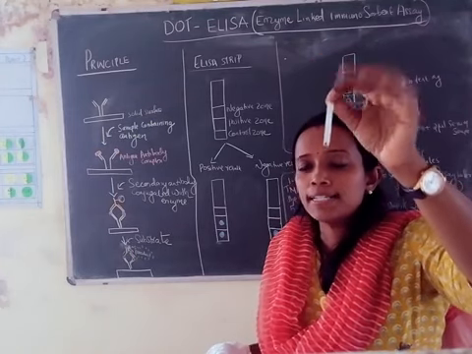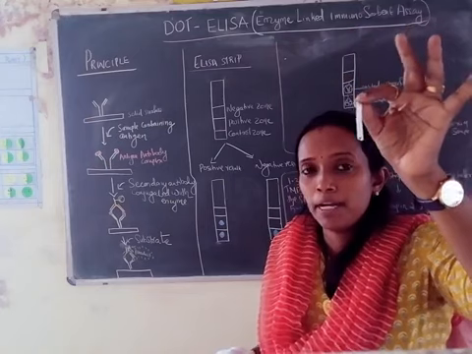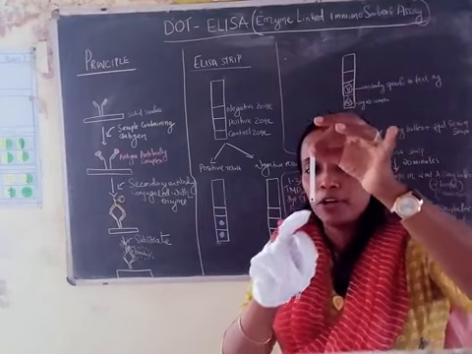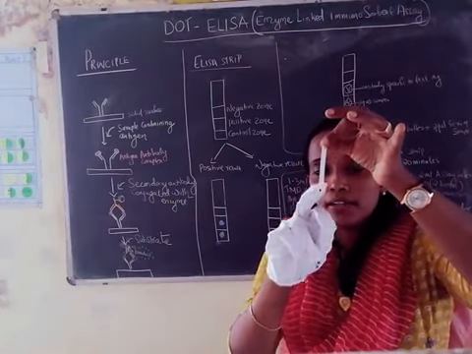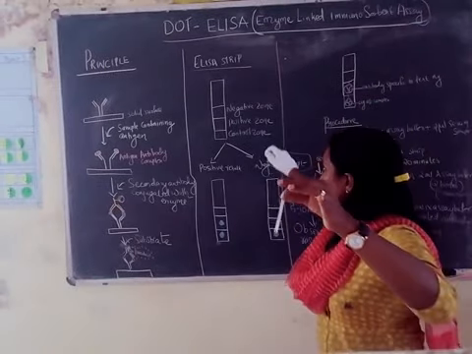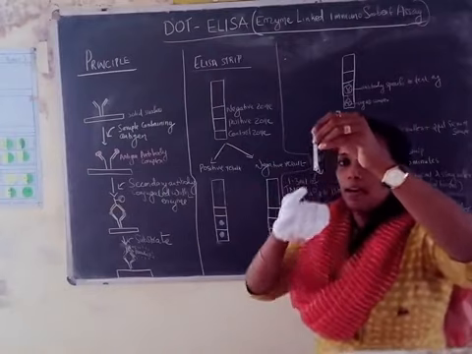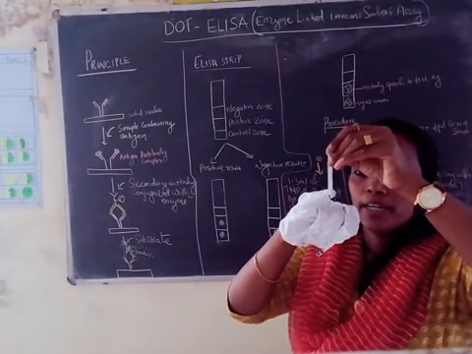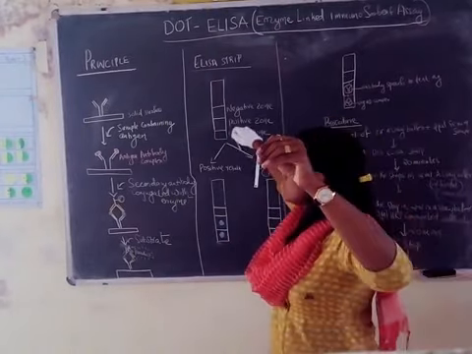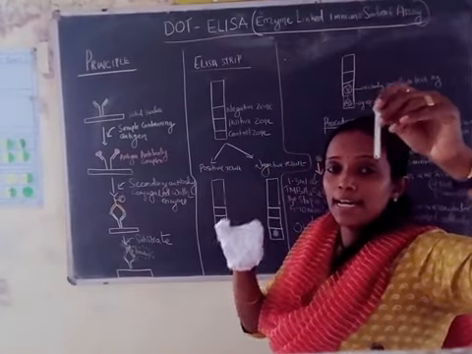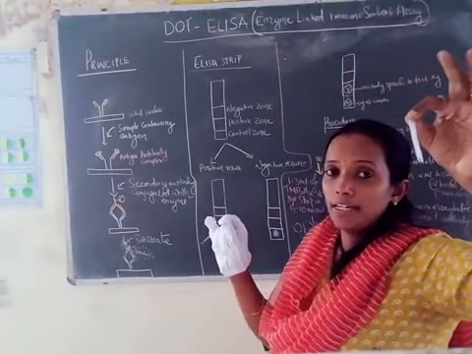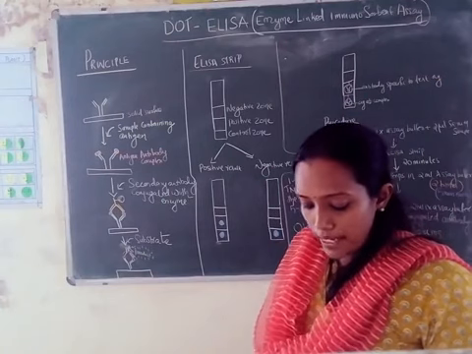1 spot indicates that you have done the experiment properly, all the steps are followed properly, because you are getting a spot in the last region. What is that last region? Last region is the control zone, which has the antigen antibody complex. Whereas there is no blue color spot in the second region, that is the positive zone. Okay, so that indicates that sample does not have any antigen. Clear? So I will explain it once again.